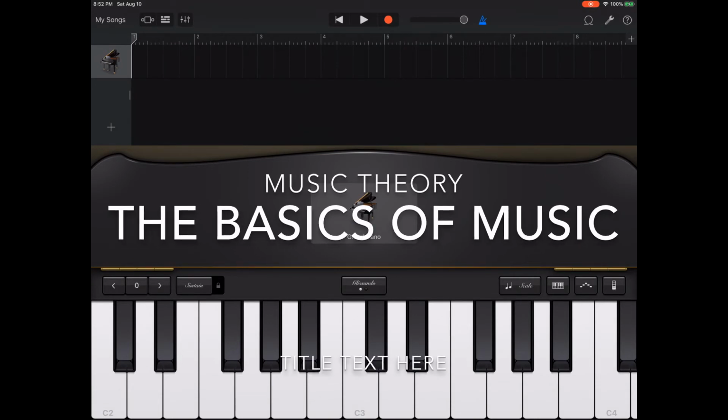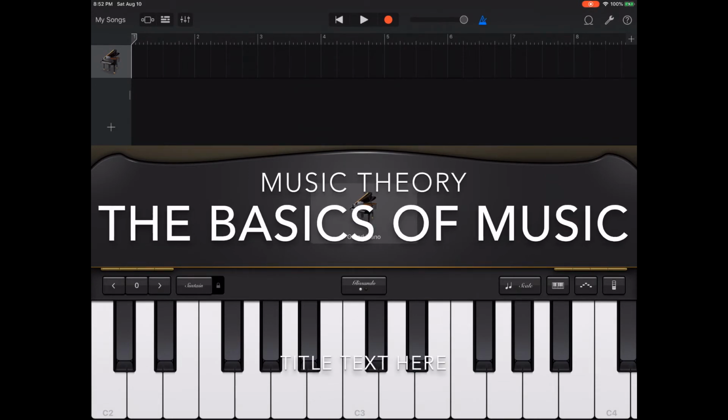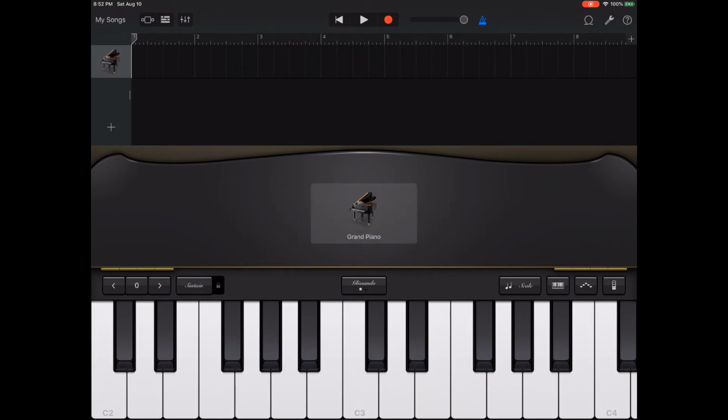Anyway, let's get to music theory. Music theory is actually the foundation of music. It's the fundamentals, the basics. And within the core basics of music,